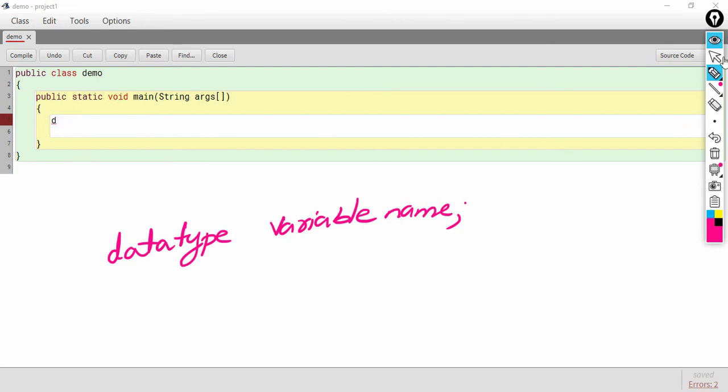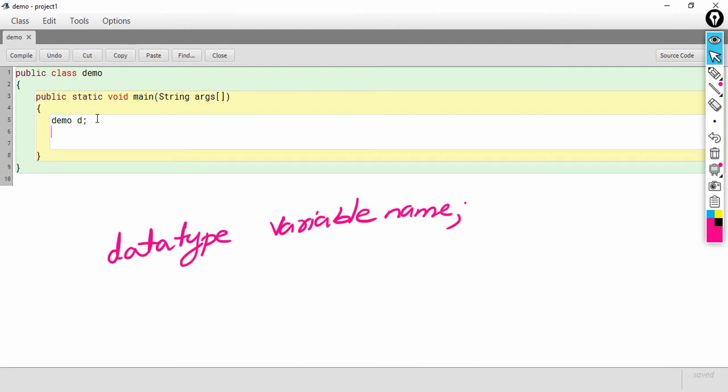So if we create a variable of demo, class is a non-primitive or user defined data type, so the user defines the data type which is demo here. So demo, that is the data type, space the variable name, that will be D. You can give any name to this variable. I am giving the name D, so we can declare first. I have created a variable D of type demo, a non-primitive data type.